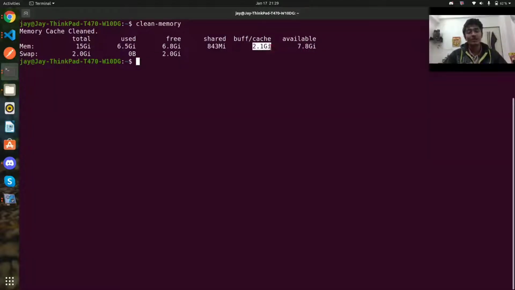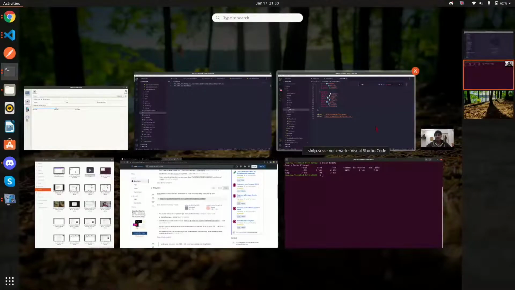The usage keeps increasing day by day, and slowly, whenever you develop projects, if you are a developer, you would experience this problem of performance degradation. Your system would lag, because as developers we multitask in various tasks. Like we have multiple windows opened. These are some of the windows that are opened.